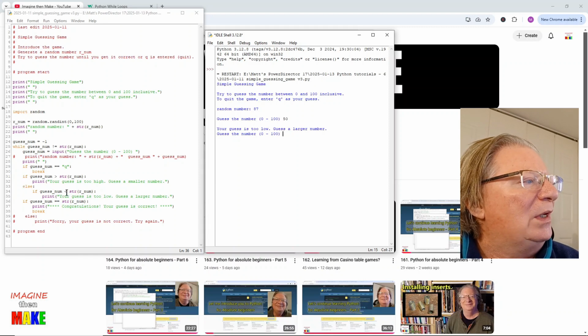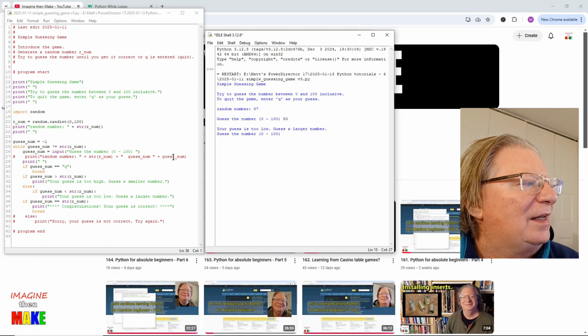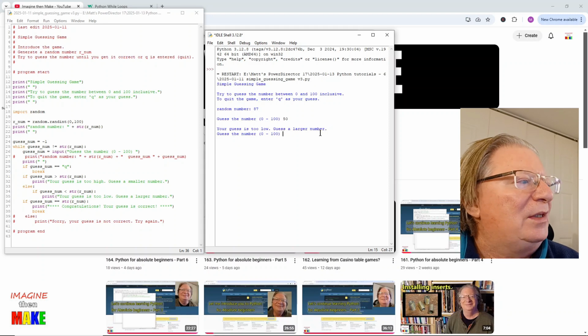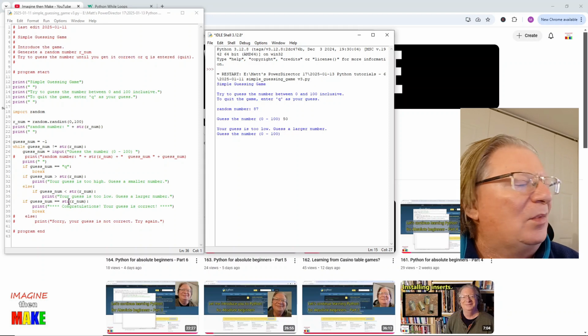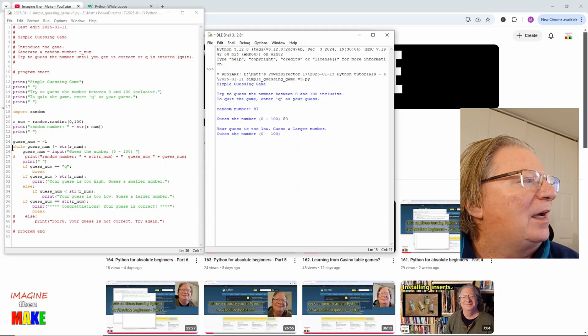If the guess number is less than the random number, my guess number is 50, the random number is 87, so this part's true, and it executes this indented line and prints "Your guess is too low, guess a larger number," which is exactly what it printed. Then it goes to this if statement, and it sees that the random number does not equal the guessed number. So it skips this, gets to the end of the while loop code block, circles back up to the while loop,